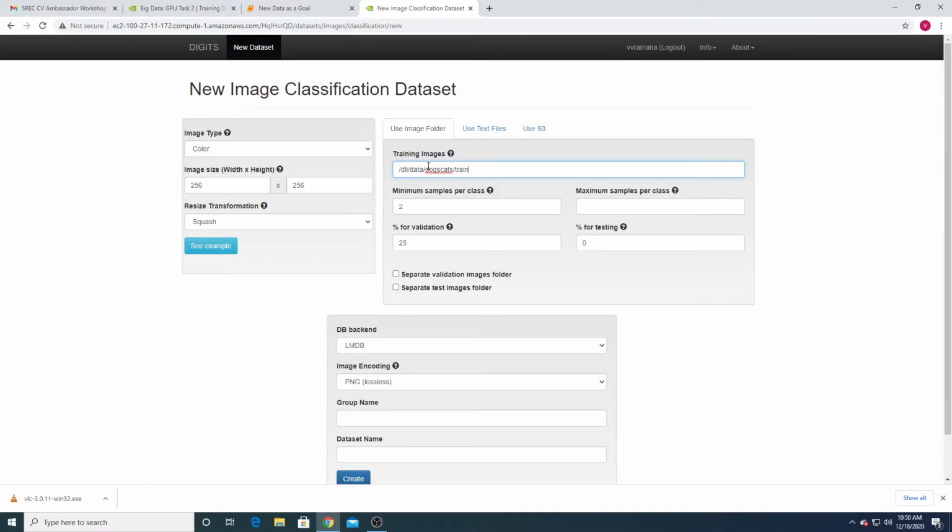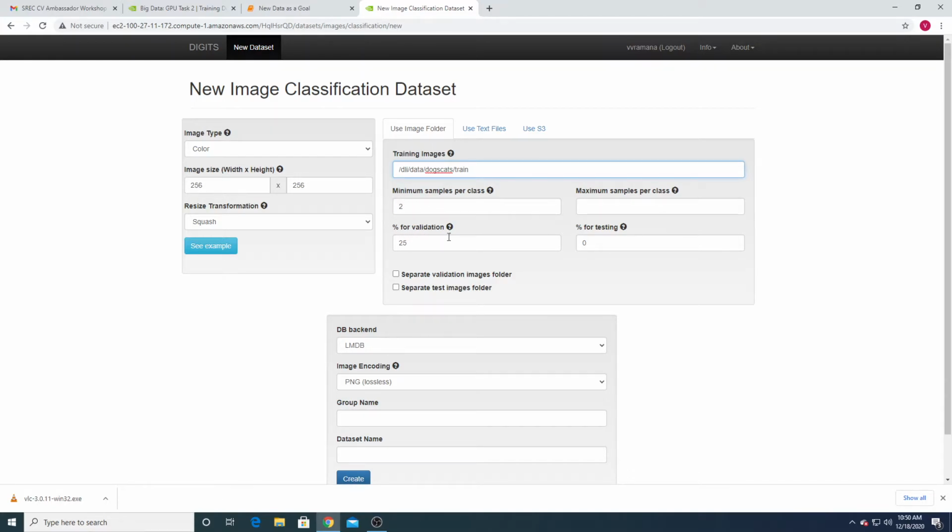There is a folder called data. In this link we are creating a folder called dogs cats. In this folder we are creating two subfolders, one for the dogs and another for the cats. In the dog subfolder we have the dog images, in the cat subfolder we have the cat images. Two classes that we mention here.